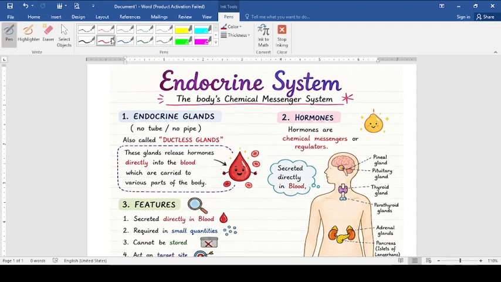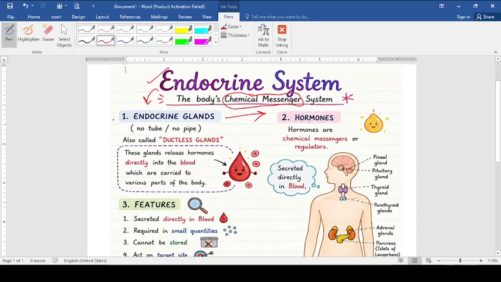We already discussed neural control of body. This is chemical coordination and chemical control on body, where certain chemicals are regulating the functions and the growth of the body. So these are the chemical messenger system. Basically, the chemicals are regulating each and every function of body. That's why it's called as endocrine system. Endocrine means the ductless glands which are secreting hormones directly in the bloodstream. So endocrine system consists of endocrine glands, and endocrine glands are secreting endocrine chemical messenger which is called as hormones.